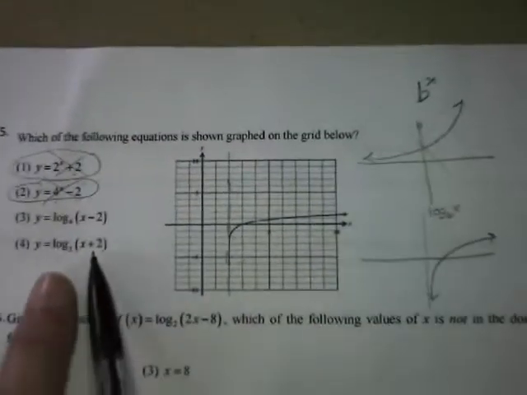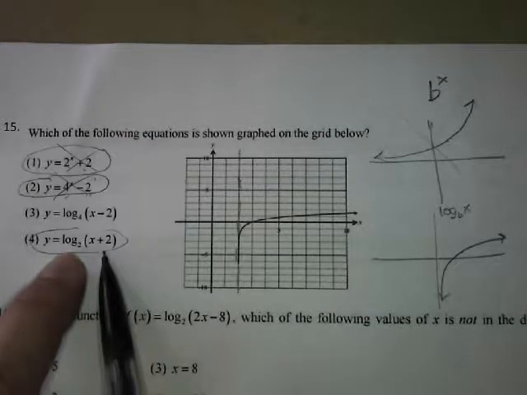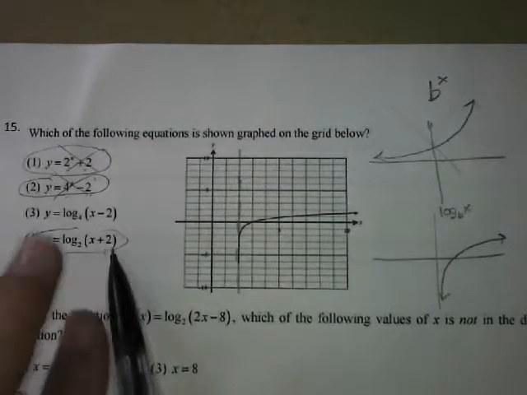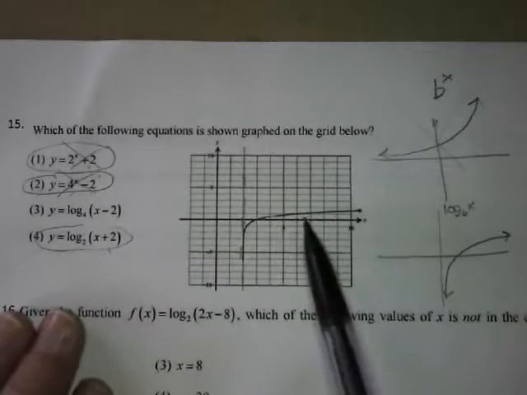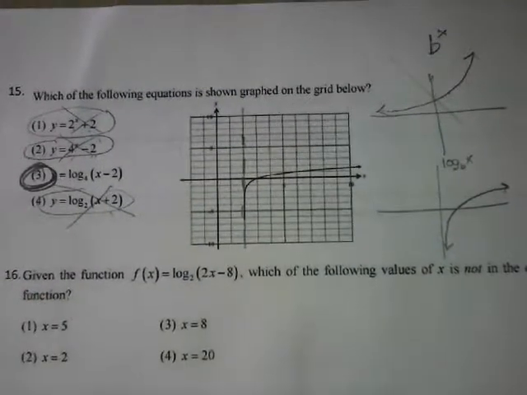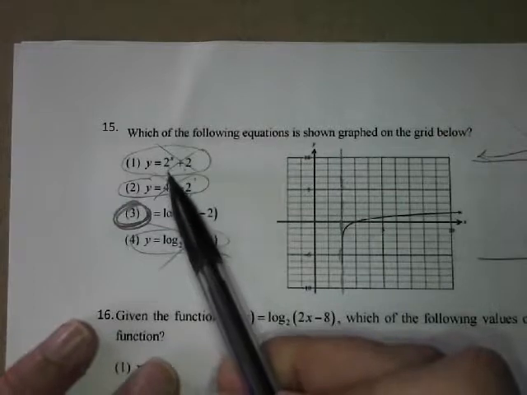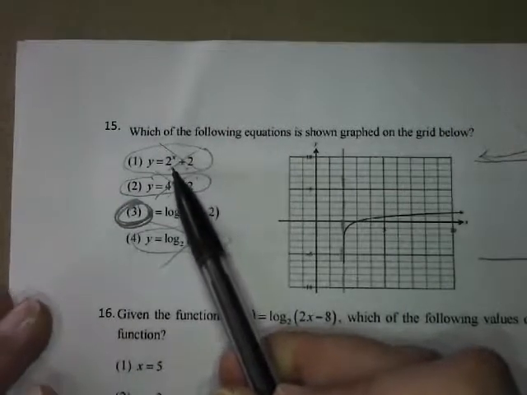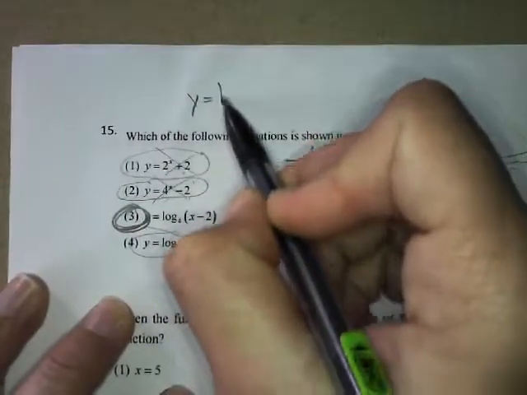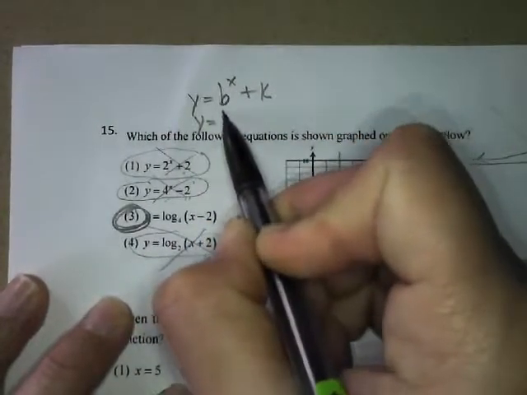What about this one? Which way would that be shifted? Left 2. So they would shift it to the left 2, which is obviously not that one, so your answer is 3. I'm thinking they could do this by making your bases b, right? They could do y equals b to the x plus k versus y equals b to the x minus k,